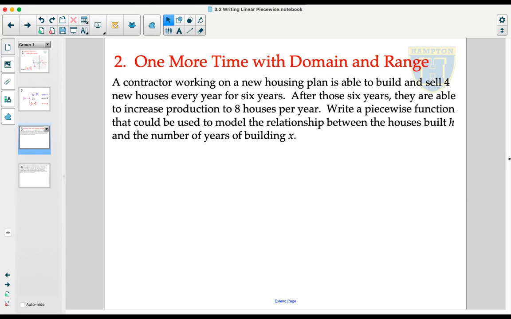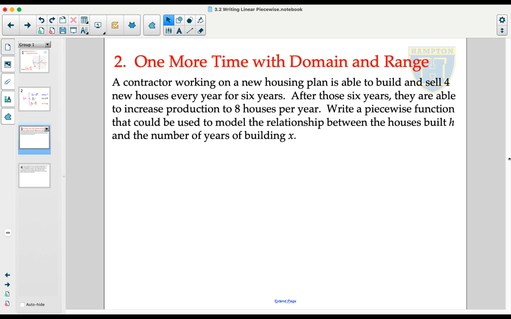Before we begin working on this example, you may want to pause it, read it, and familiarize yourself with the problem. Now that you've had a chance to read the problem, let's create the piecewise function that we're going to use